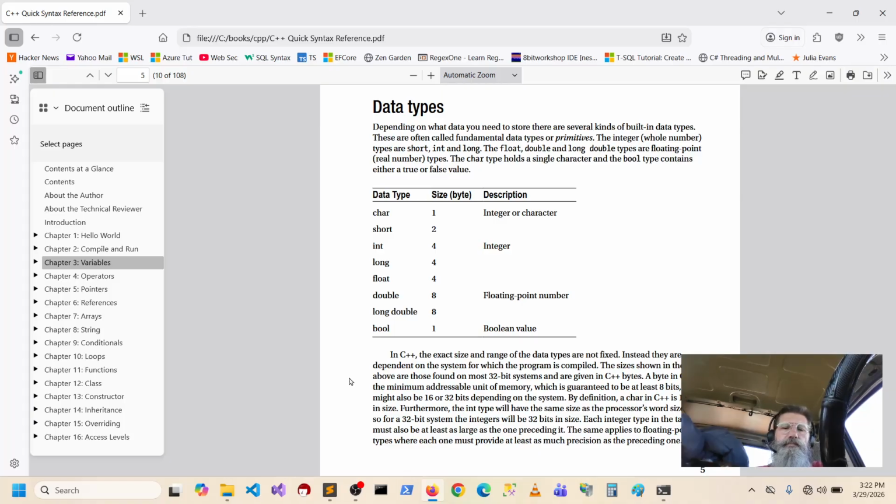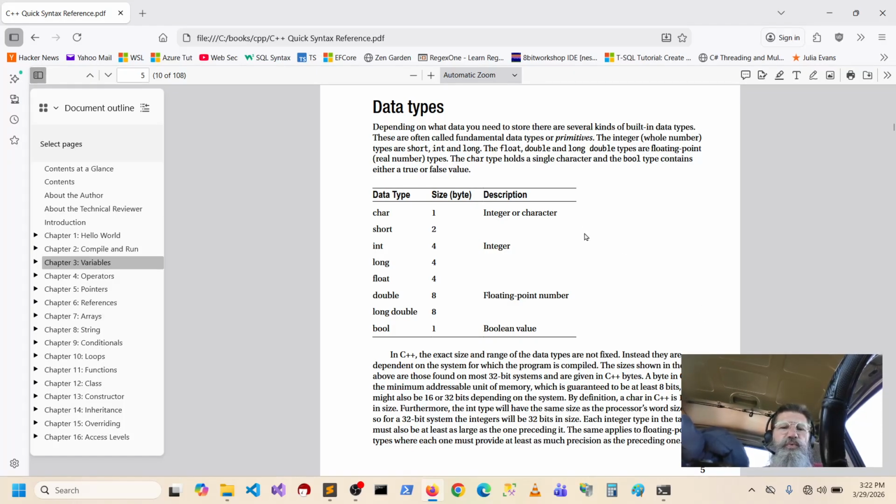Anyway, so see right here they're referencing 32-bit systems. Characters 1 byte, yeah. Do you say char or do you say care? I always say char.